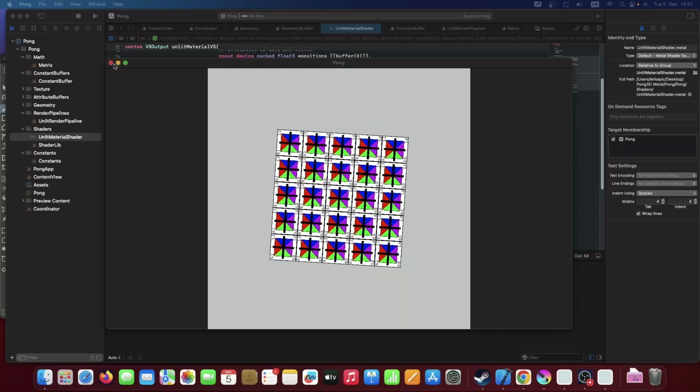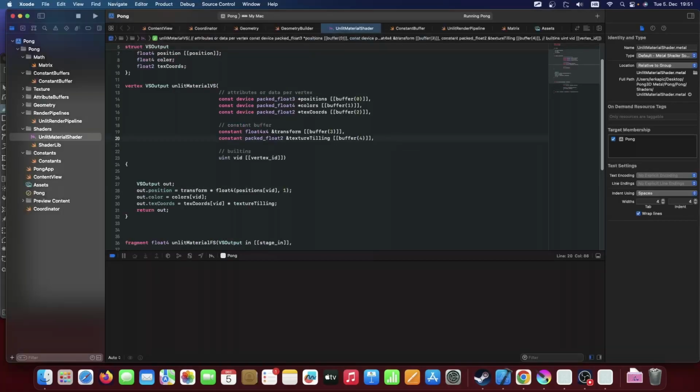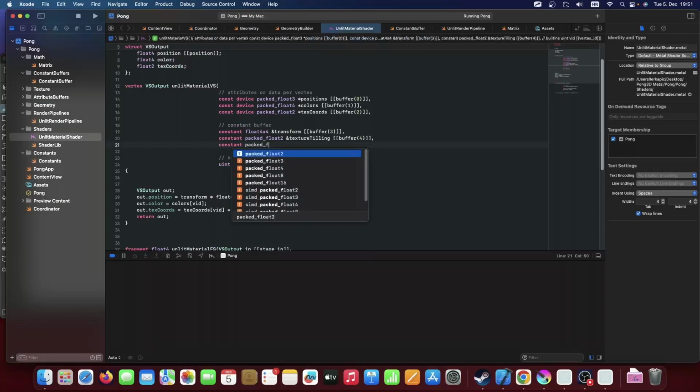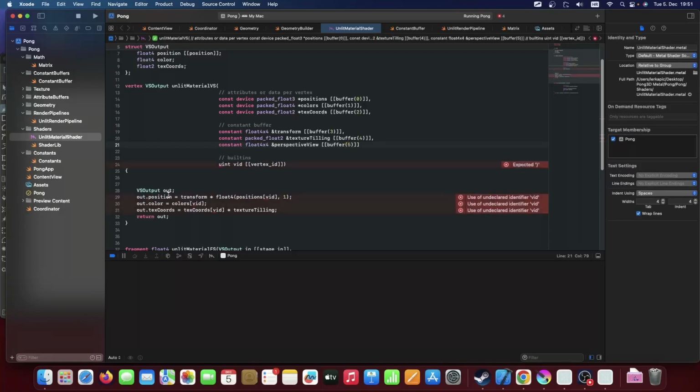Okay, so with that said, let's start with code for our camera, and then we're going to look at what camera we are going to do. For that we can just go to our shader where we already are, and here I'm just going to say constant float4x4. So we're going to say perspective. I'm going to say view. We're not going to cover the view camera yet, but just for the future, because obviously we will have that. And then we can say here, and I have to place a comma here, and I will just say perspective view